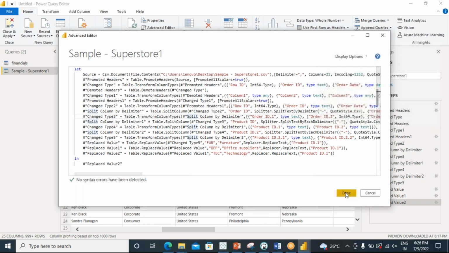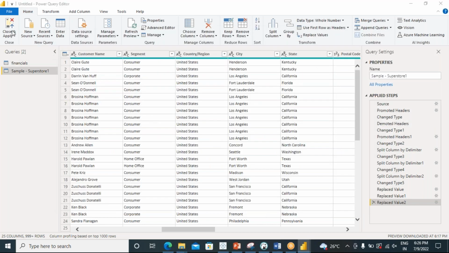Okay, so this is in the advanced option. So where we can come, we and the Power Query Editor, these are all the different types of options which we have. Okay,